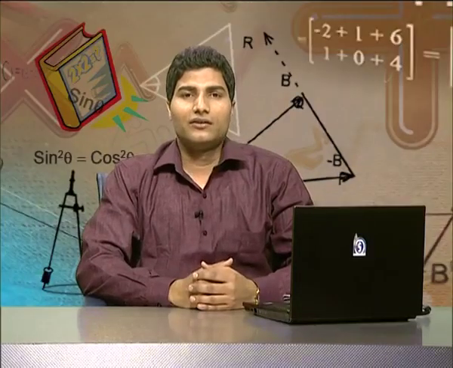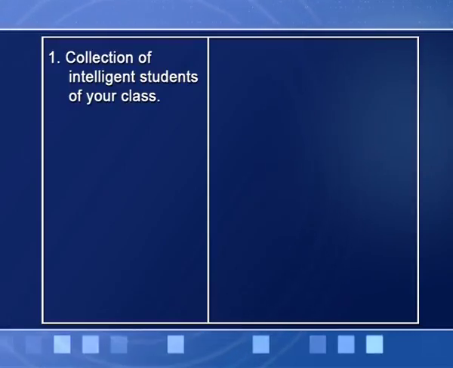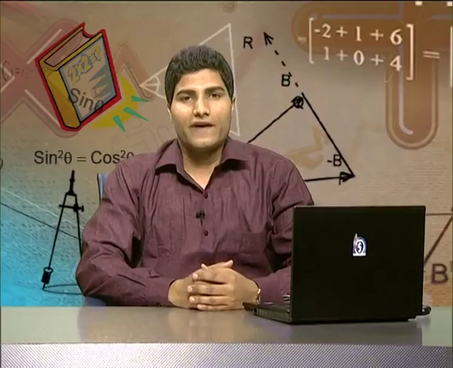So friends, let's take few more examples which will make the meaning of set more clear to us. Collection of intelligent students of your class. Now friends, we know that intelligent is not defined. It is not a well-defined term. Why is it not well-defined? Because according to maths teacher, the group of intelligent students will be something, but according to English teacher, the group of intelligent students will be something else. According to social science teacher, the collection of intelligent students may be different. So, the term intelligent here is not well defined.